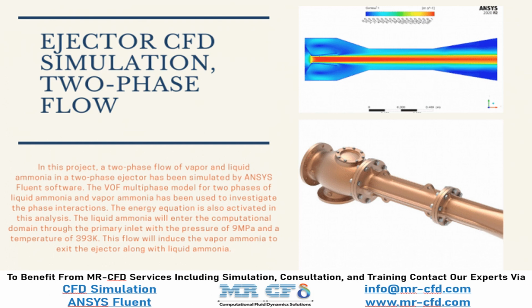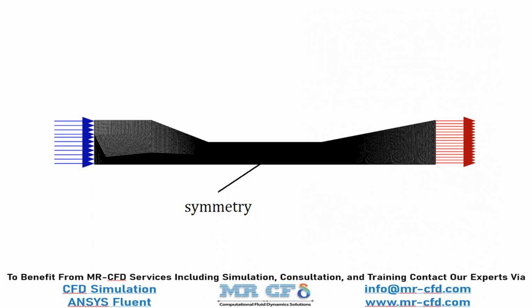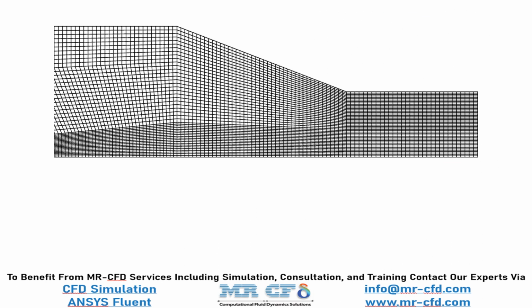In this project, we will simulate two-phase flow inside an ejector. The geometry of this model is designed in Gambit software. The geometry of this model is also meshed in Gambit software, and the mesh type used for this geometry is